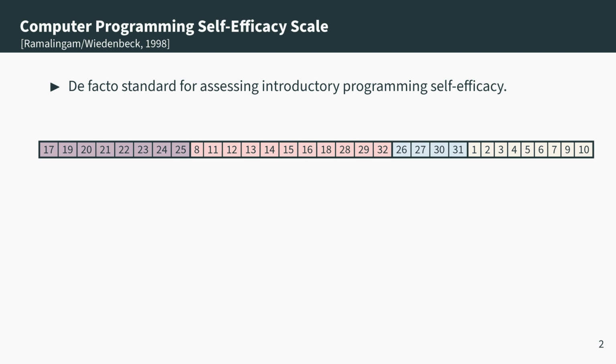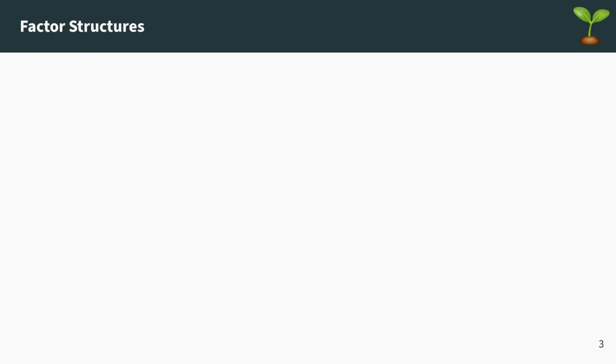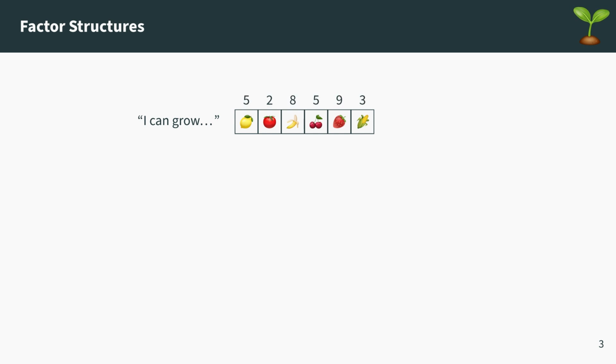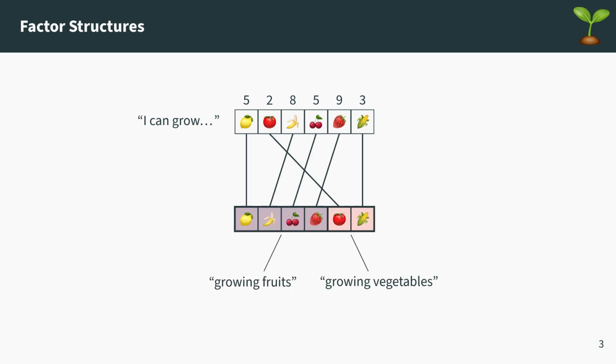To understand why this could be the case, let us take a little detour first for a simplified introduction to what factors are about. Imagine you wanted to assess self-efficacy in your gardening class. Since different plants require different treatments, you created an instrument that asks the students about their confidence in growing each of them and administered it in your course. Now, you might wonder if there are items measuring a common underlying construct and that can therefore be combined. For this, there is some statistical magic that tells you which items are somewhat correlated with each other.